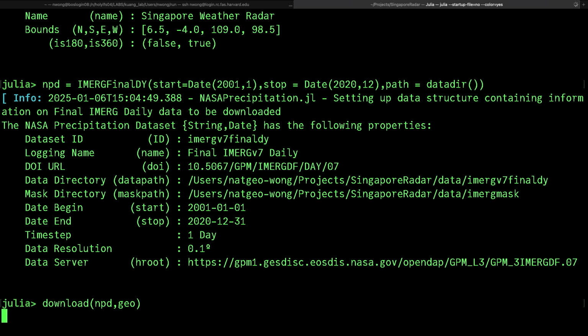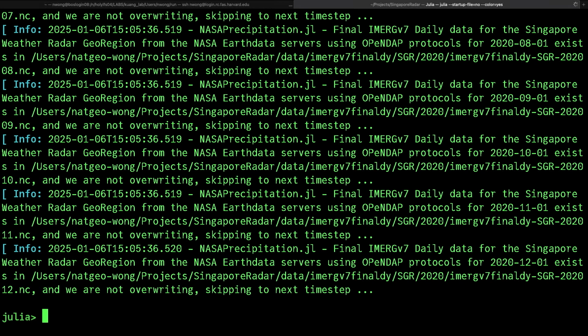What's happened here is that I've already downloaded all the data, and I've specified that I don't want to overwrite. Because of that, it scans through all the files for all the dates, and if a file is already there, it skips to the next one. Because I downloaded all the data, it is already all there. This is the downloading part, and what I am going to show you now, using PyCall,